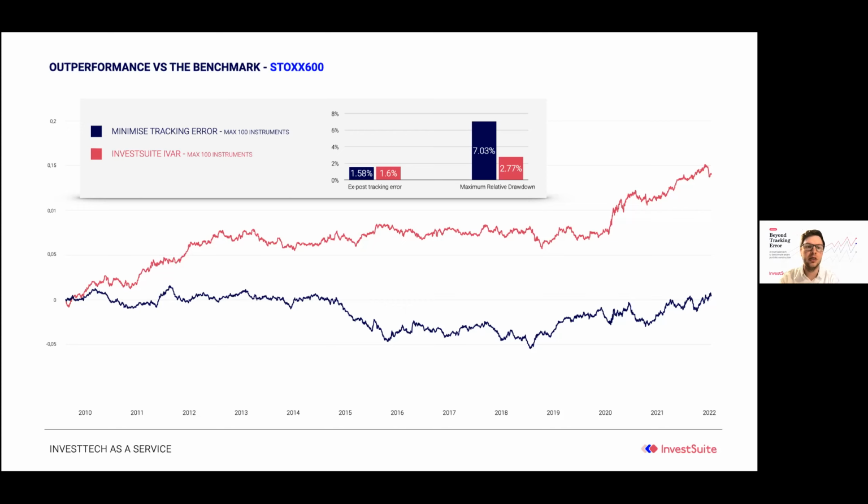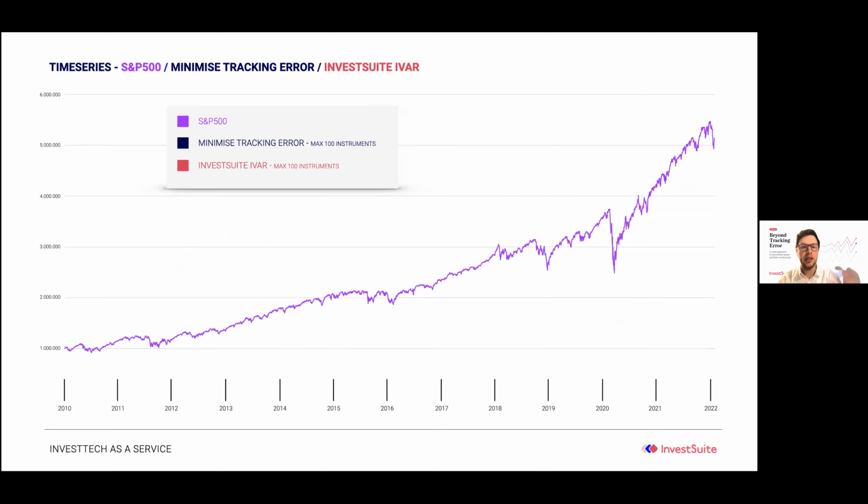And then clearly you see that if we use relative IVR, the maximum relative drawdown is much smaller than if we use the minimized tracking error approach. And actually we see the same for a backtest for the S&P 500, so again the total return series of the index. Minimized tracking error seems to do quite a good job. Also, you see a slight underperformance over the longer term. But again, if you consider our InvestSuite relative IVR approach, then you see that on the longer term we tend to outperform, not because the algorithm is not tracking well, but only because we put a limit on the